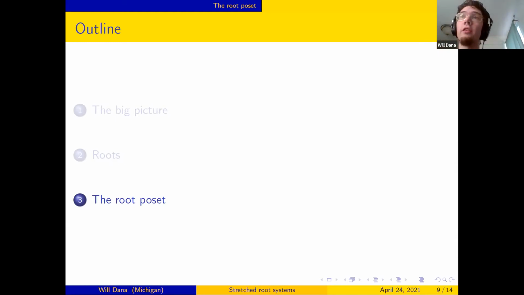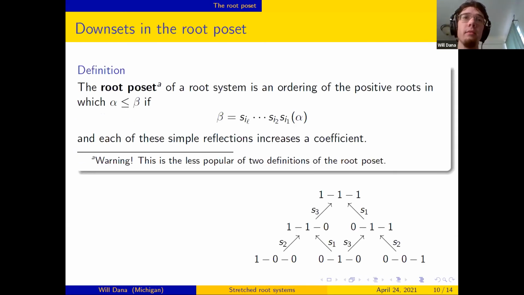And so I'll talk about one of those constructions now. This concerns the root poset associated to the root system. This is a partial ordering of the positive roots, in which we say that alpha is less than beta if there is some sequence of generating reflections I can apply to alpha to get beta, such that at every step of those reflections, I am increasing a coefficient of the root. So this is saying I can get from alpha up to beta by a minimal sequence of reflections